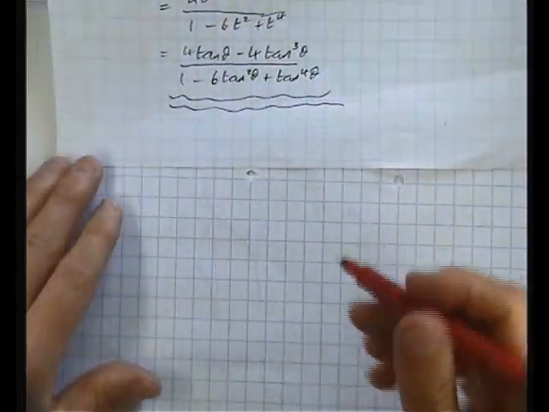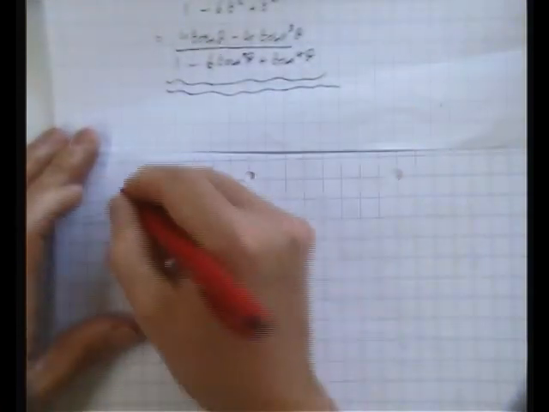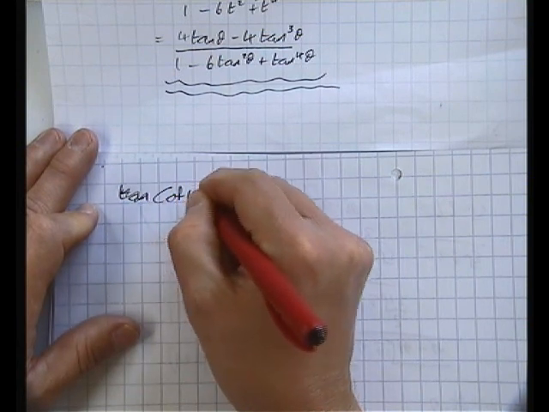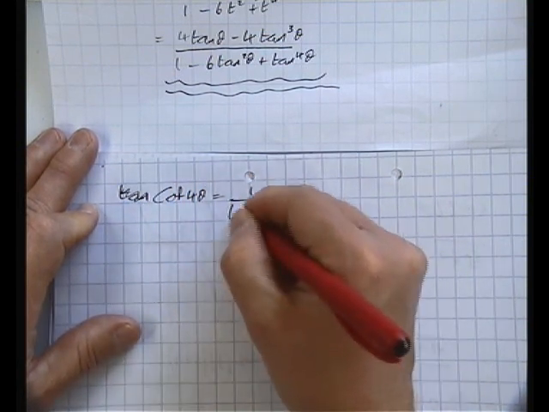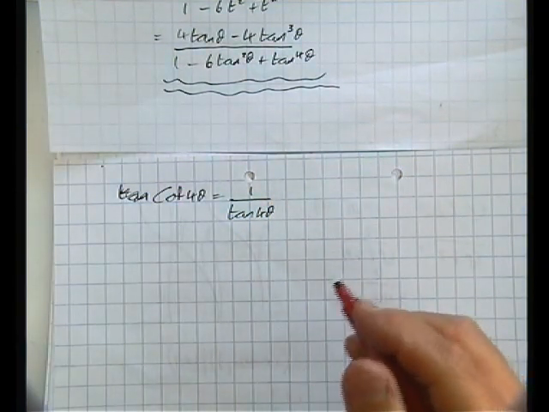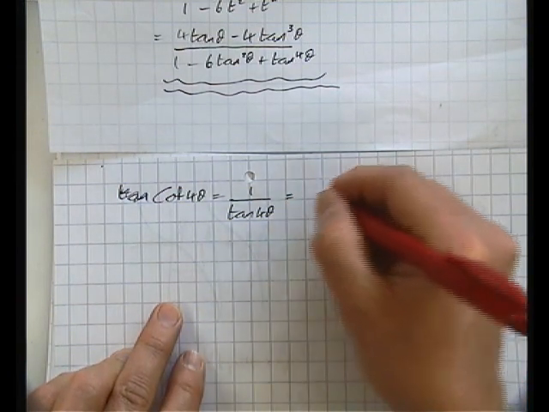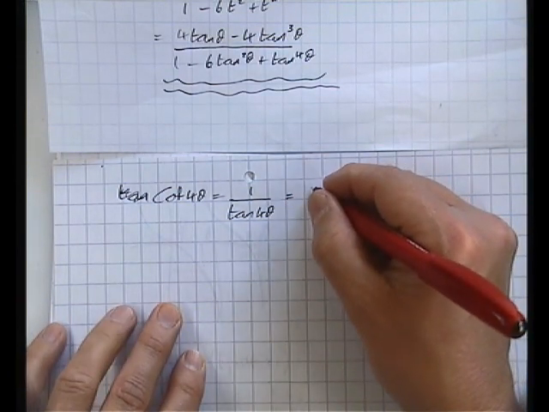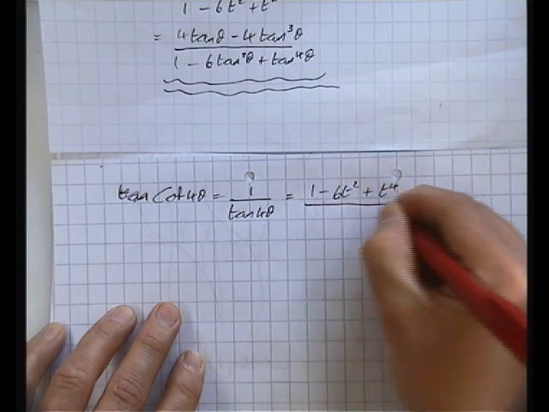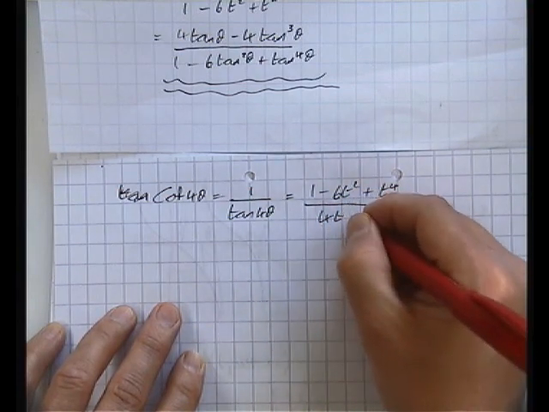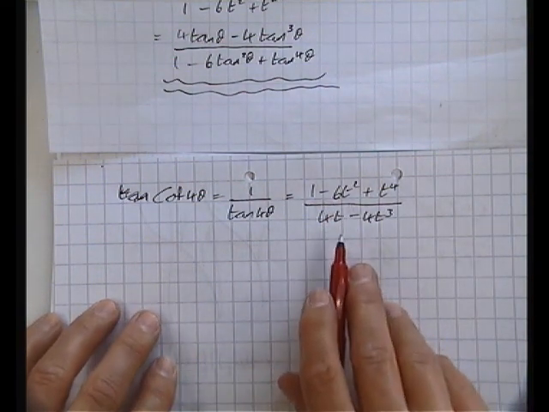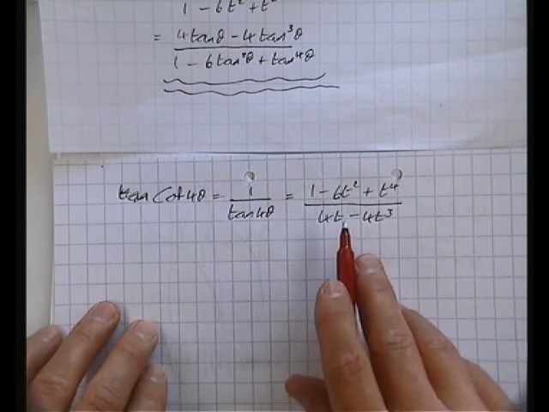What we're going to do instead is say what we know, which is that cot 4 theta does indeed equal 1 over tan 4 theta, and I'm then going to turn that expression upside down, but then we're going to modify it slightly to turn it into cots, and it should work out quite nicely. So, I've got my expression. It's not what we want, and it's not in terms of cots, but